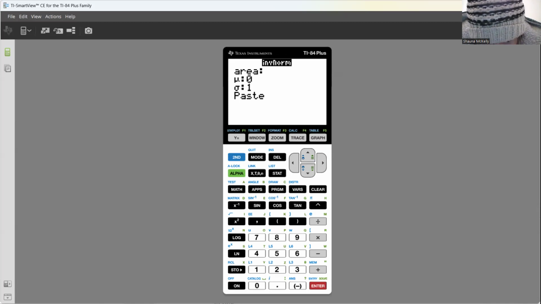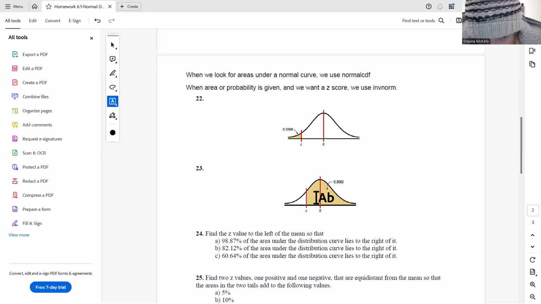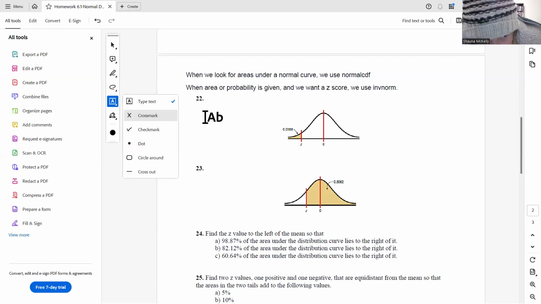Now, that brings up an interesting question, and this is why I wanted to do this problem in particular. Sometimes they give us the area to the left. Sometimes they don't. Sometimes they give us the area to the right. So look at this here. If I'm going to do the z-score, which is what I want, okay, then what I'm going to have to do here is